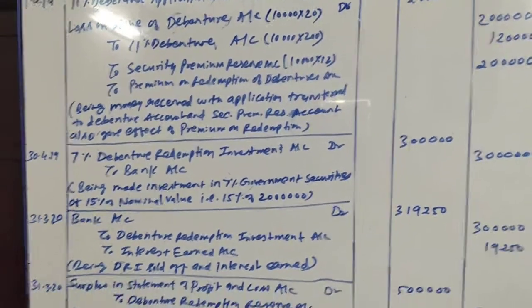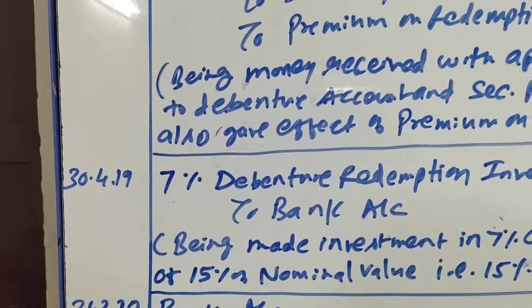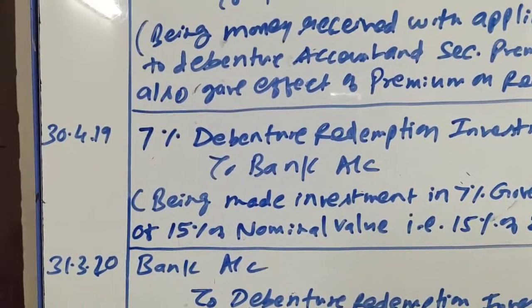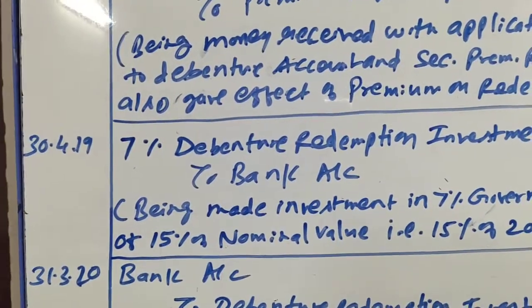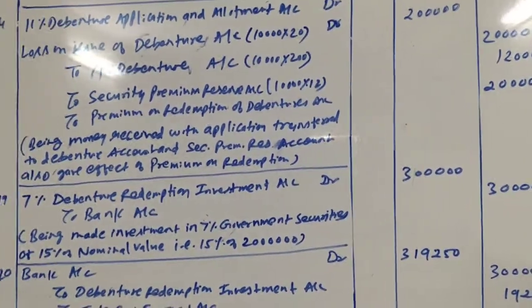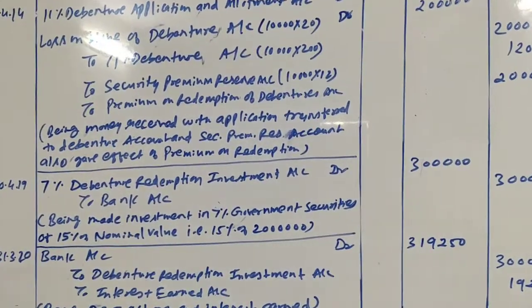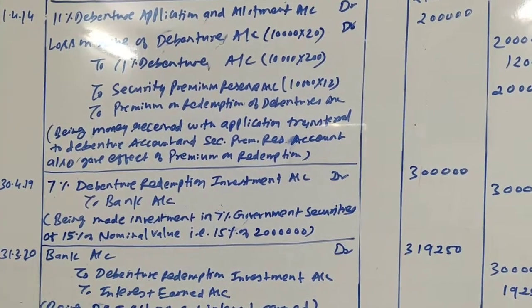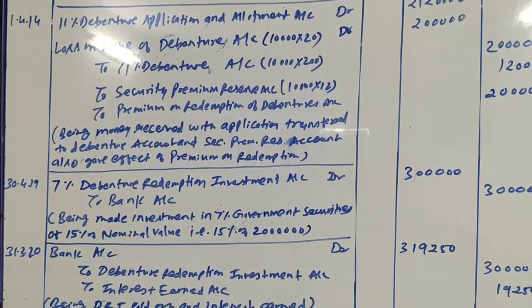Now friends, as the investment is done on 30/4/2019 and it is sold out on 31/3/2020, that is after 11 months, 11 months interest will be calculated on the investment amount of rupees 3 lakh. So 3 lakh into 7% into 11 upon 12, it will give us